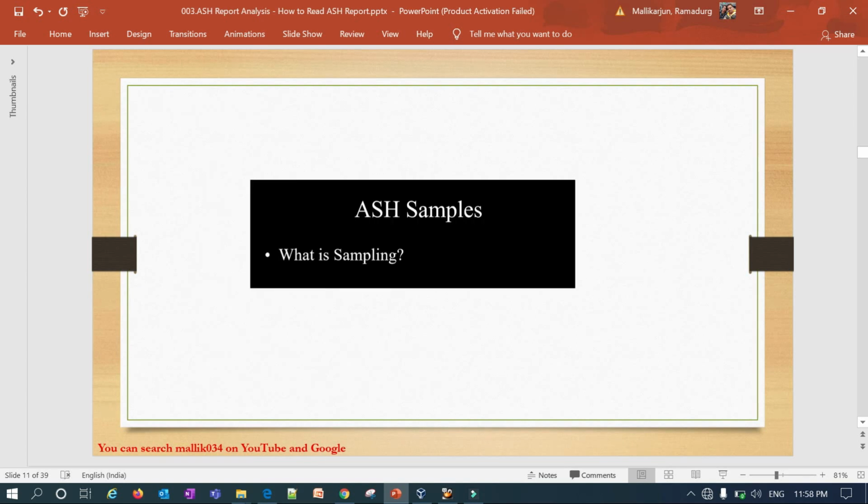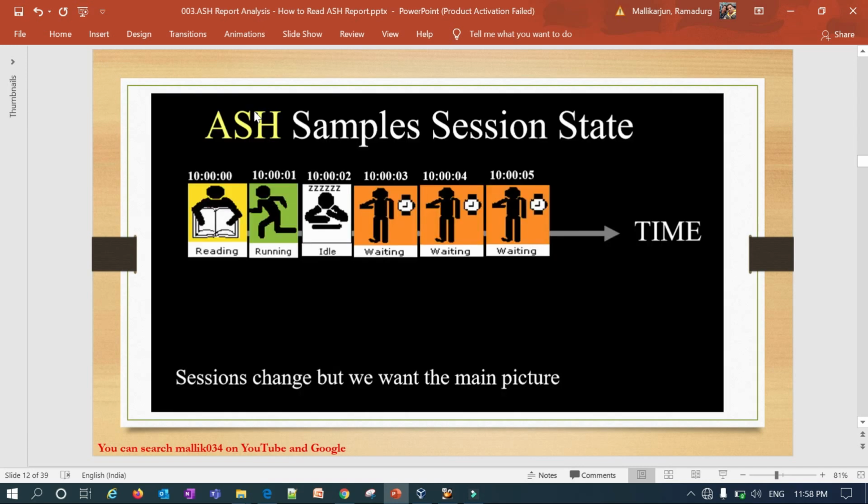So as I said, ASH will be captured in the form of samples. What is sampling? What is a sample? ASH samples session states. You can see here these are different states of my sessions, like running, idle, waiting. Whatever the state, at 1 second, 2 second, 3 second, 4 second, 5 second, every second your session state is changing, but we want the main picture.